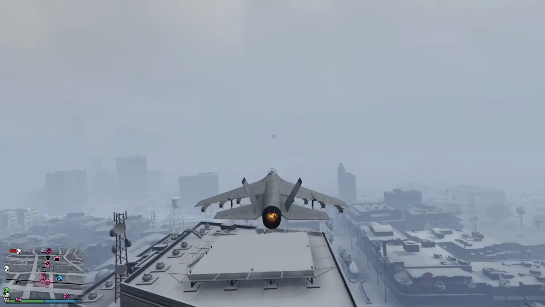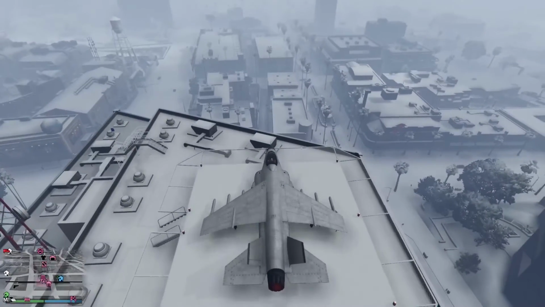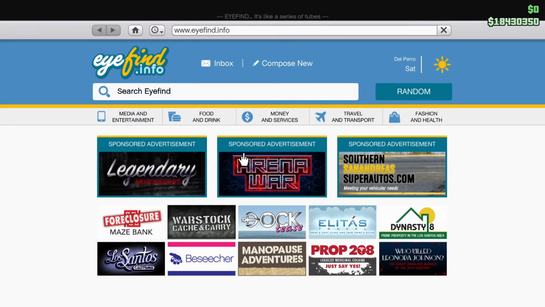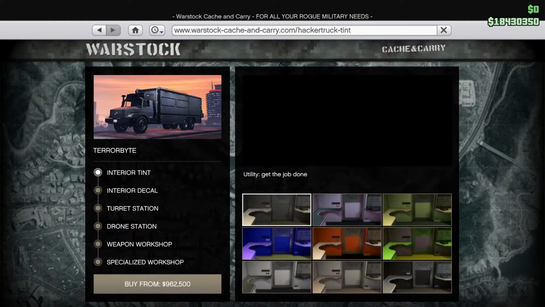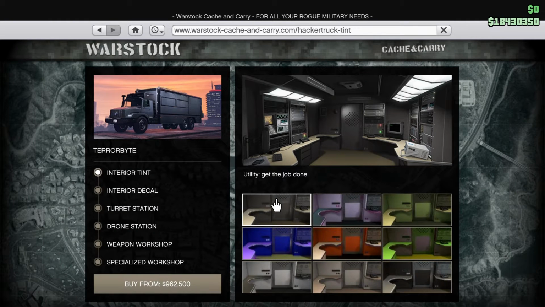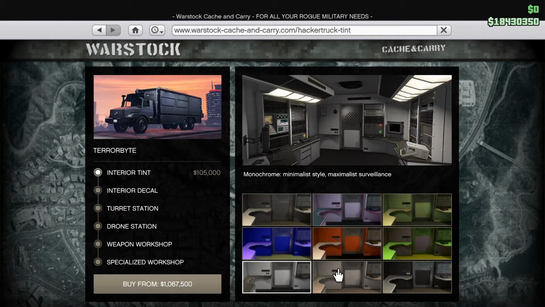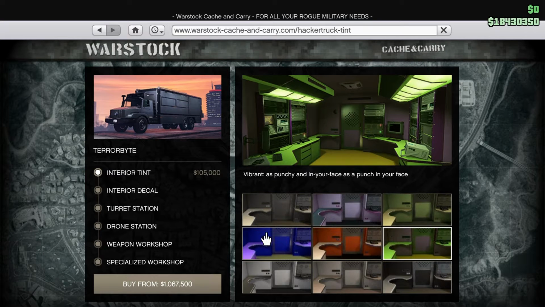Today we're going to take a look at buying the Terrorbyte, which came as part of the After Hours DLC during summer 2018. So okay, let's get started, shall we? Now, the Terrorbyte can be found under the Warstock Cash and Carry website. As you can see, it retails there from around 900,000, effectively speaking, for the